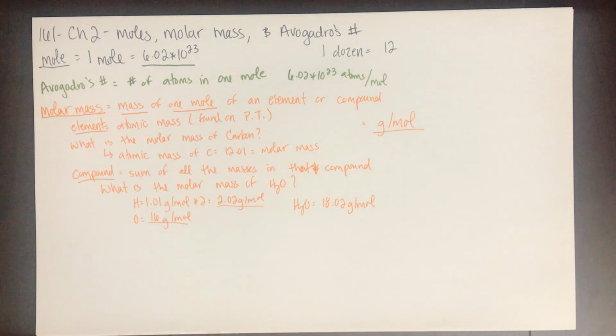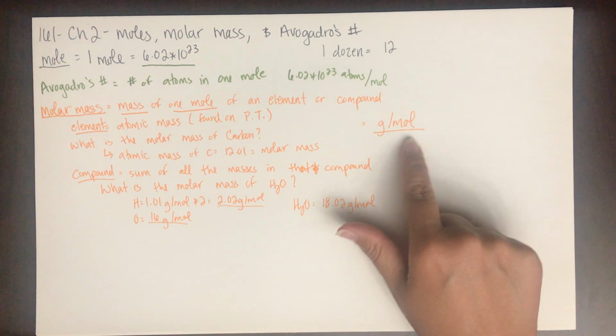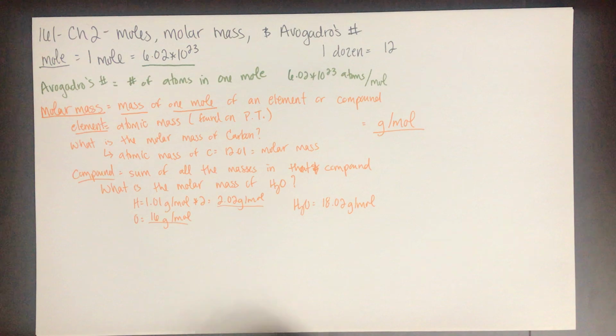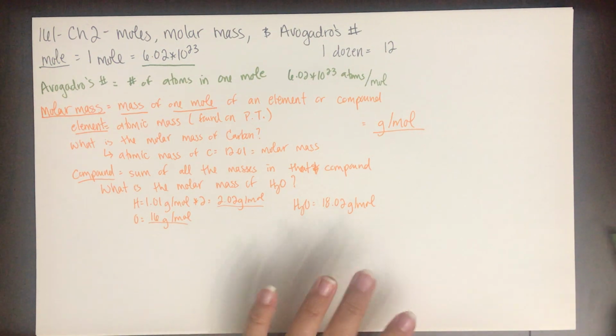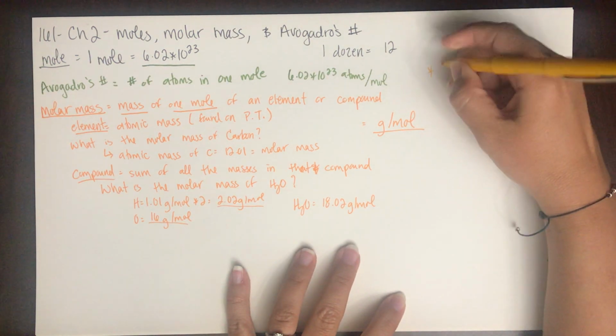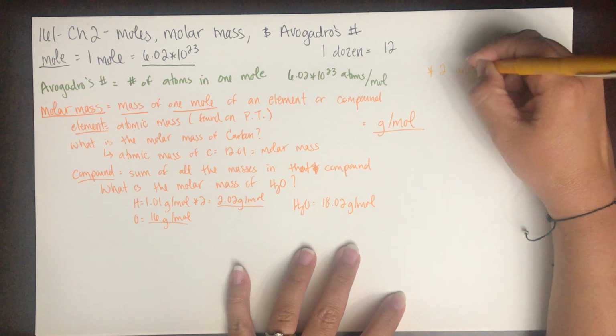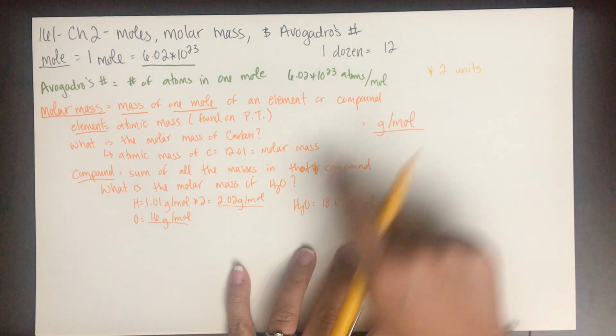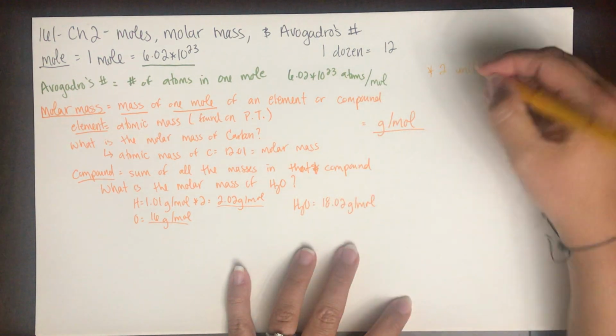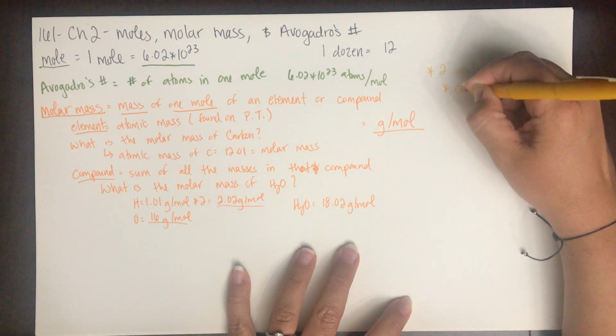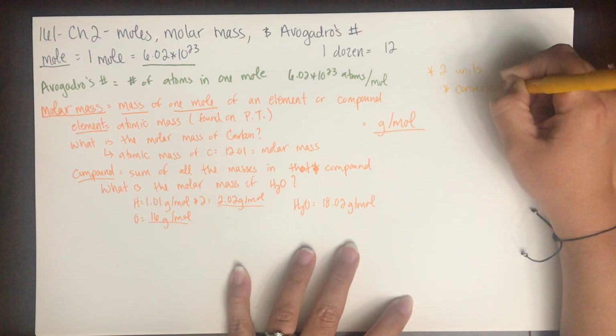Avogadro's number is 6.02 times 10 to the 23rd atoms per mole, and the molar mass has a unit of grams per mole. So remember, anytime you see a unit with two units, like atoms per mole or grams per mole, you are going to use those as conversion factors